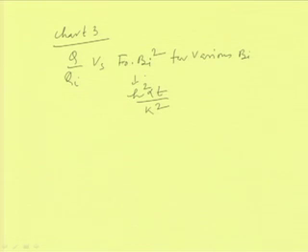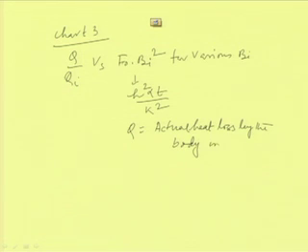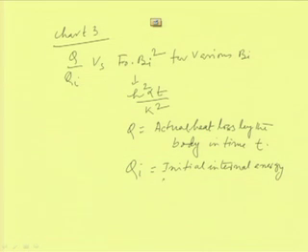So, this is the x axis and this is the y axis, Q by Q naught, Qi. So, what is this Q? Q is the actual heat loss by the body in time t, and Qi is the initial internal energy of the body,